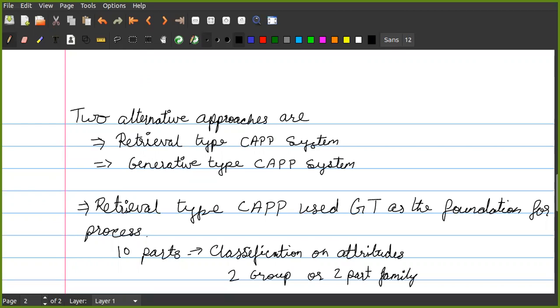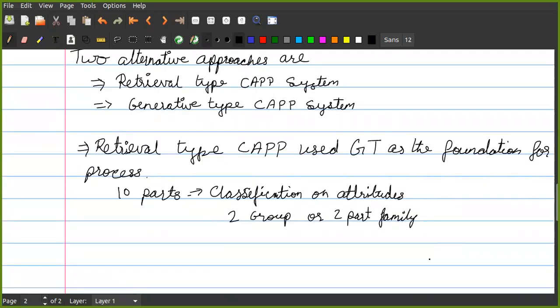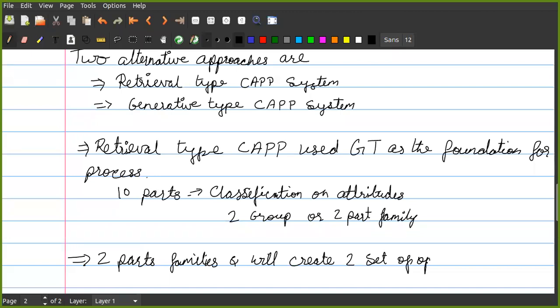What a retrieval type of CAPP will do is take these two part families and create two sets of operations, or two sequences, for these two part families.